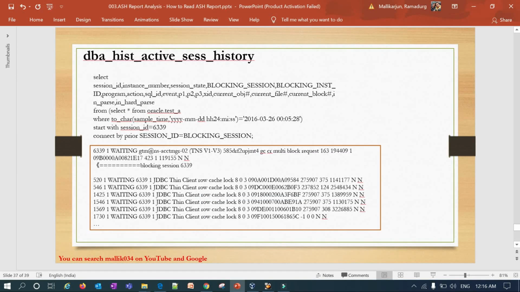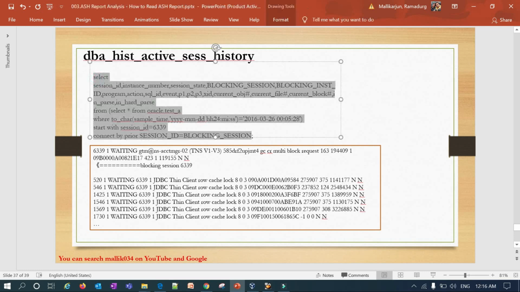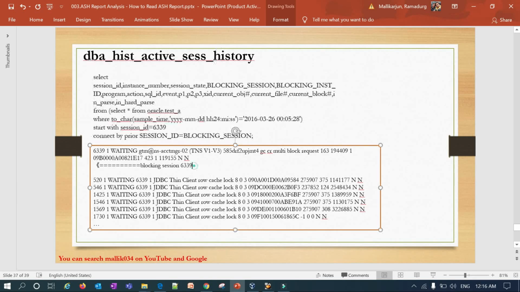And then with DBA history active session history, you can run this particular query on the blocking session and you'll find the result, what the blocking session was and how long you had to wait it out. So you can query this table also, whatever table I said, right? DBA history active session history, this particular table, you can generate the ASH report and predict that one, or you can directly query, directly select, or directly filter it out by querying against that particular table, right?